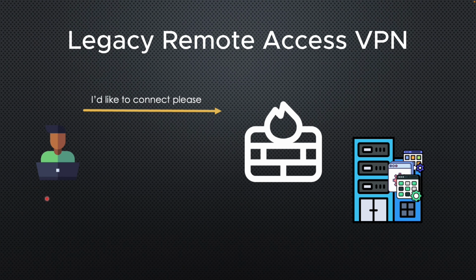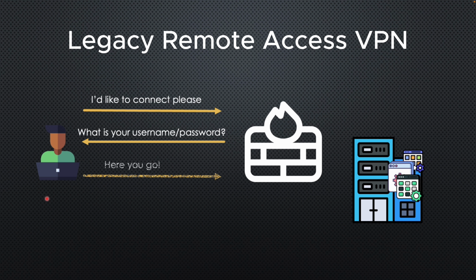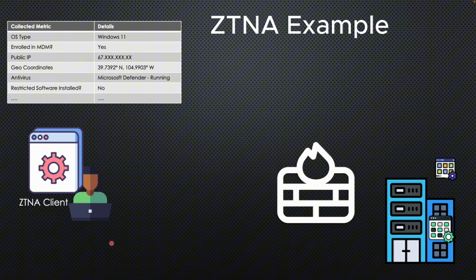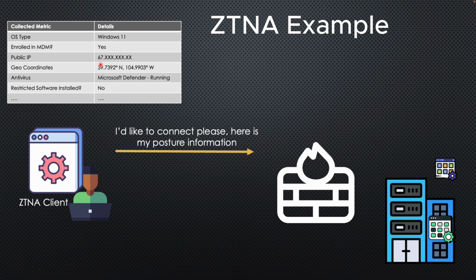Here's what happens behind the scenes. It all starts with ZTNA. Zero Trust Network Access is typically a client-based solution that is used to do an identity and device posture check before allowing our users to connect into our network. So different than legacy VPN solutions where we just authenticate a user and we say, okay, you now have access. We want to determine who is the user, what group do they belong to, what device are they connecting from? Is it a corporate device or is it a bring your own device?